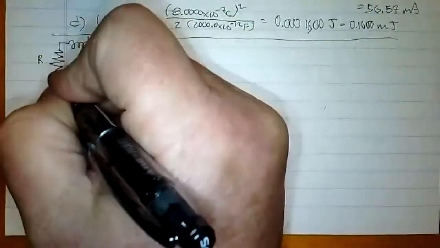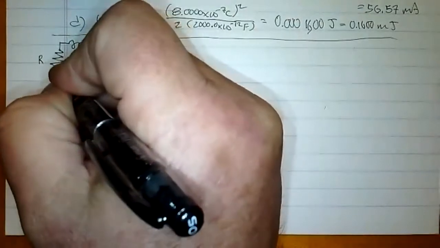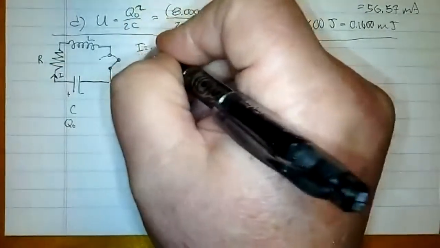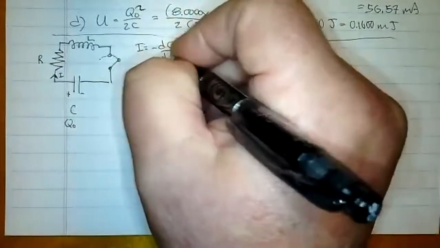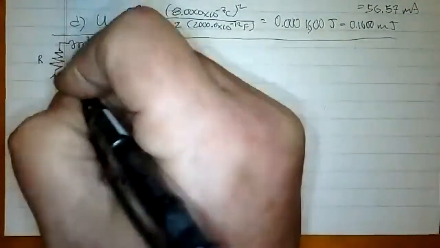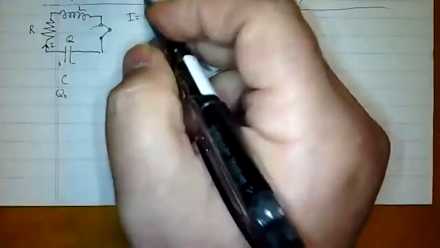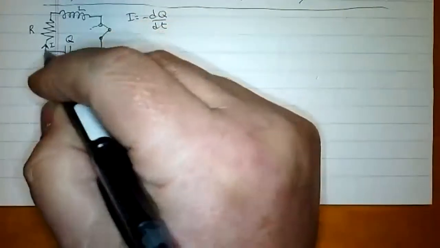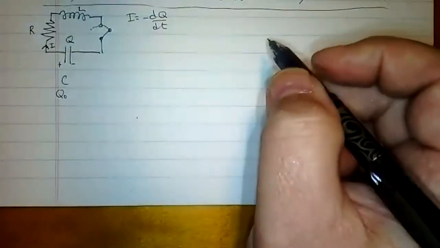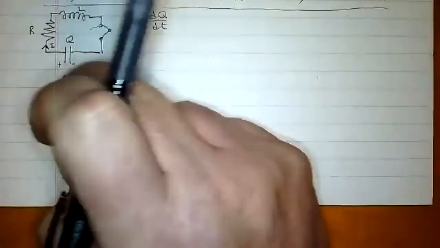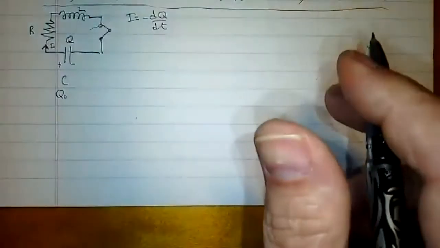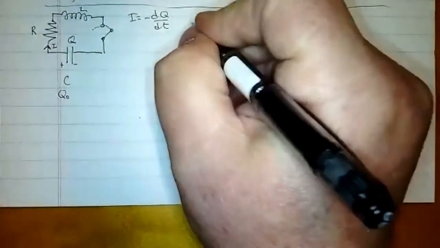That's going to, in fact, establish a current around the circuit, and that current I will be negative dq dt, because as the charge Q on the actual capacitor changes in time, a decrease in the charge will result in an increase of the current. If it wasn't for this resistance, it would just be an LC circuit, which would go forever sloshing energy back and forth between here and here. But because we actually have a real circuit, it's going to have a resistance, so it's going to degrade over time. So if I go writing Kirchhoff's loop rule,